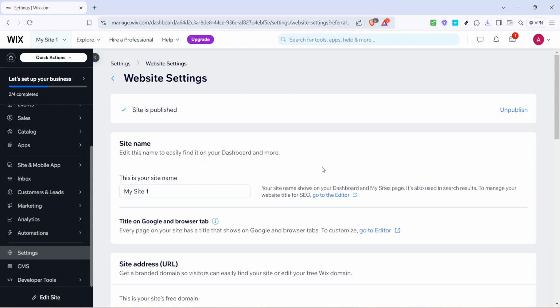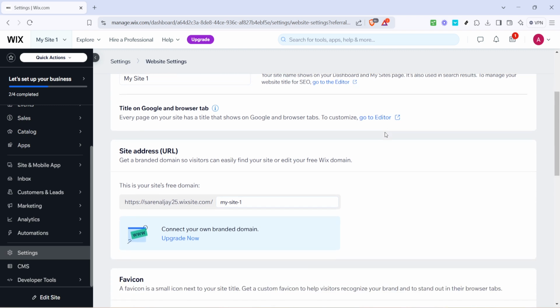This is the step where you effectively remove your site from being live on the internet. By clicking on Unpublish, you are confirming that your site will no longer be accessible to the public. However, don't worry, this doesn't mean your site is deleted, it's simply not visible until you decide to publish it again. This flexibility ensures you can make changes or updates without any disruption to public viewership.